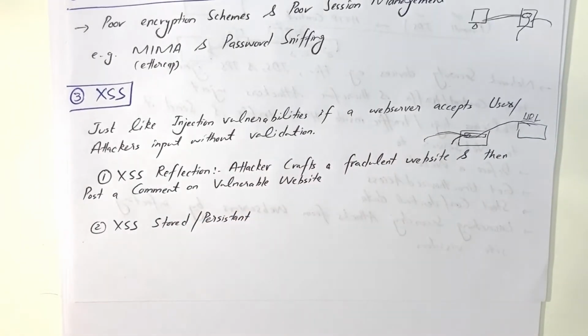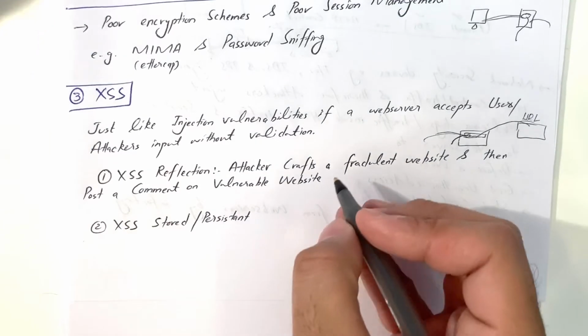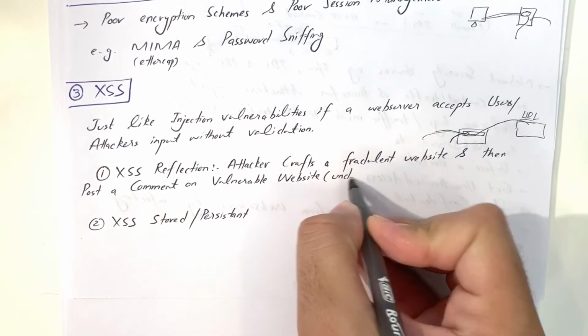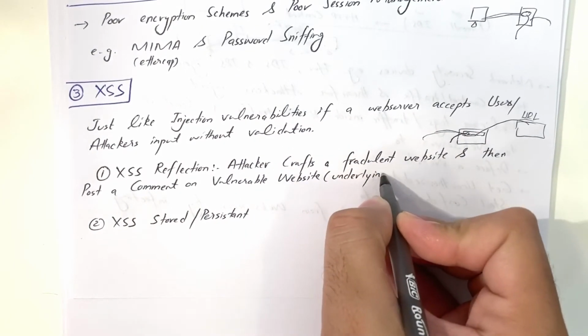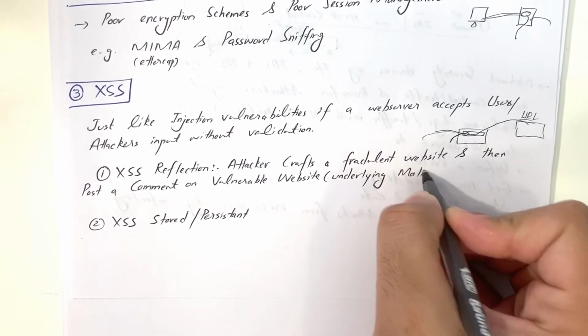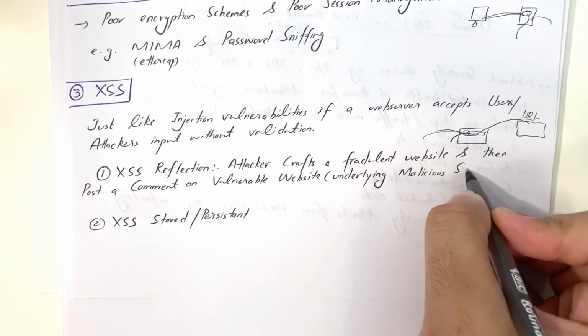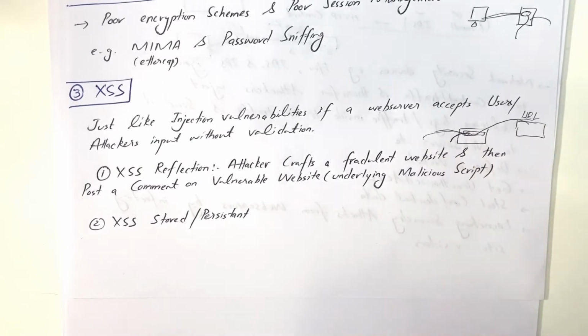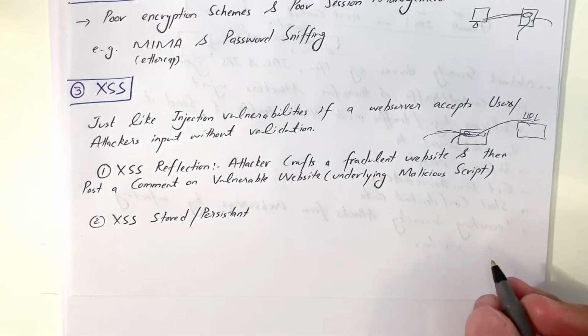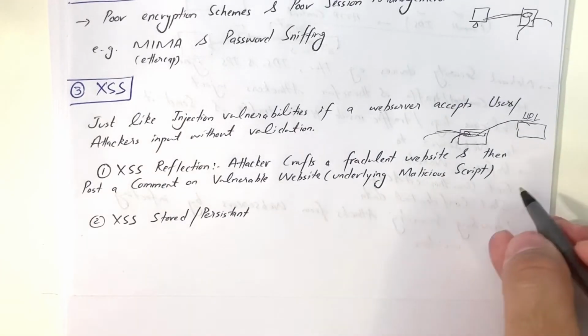A vulnerable website means one which doesn't check your input, whatever you are typing, whatever tag you are inputting. For example, a blogging website where you can post a comment. You post a comment on a vulnerable site with an underlying malicious script, which will